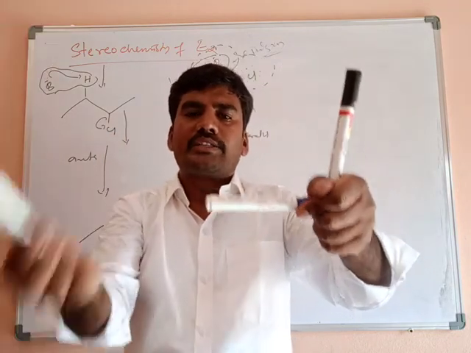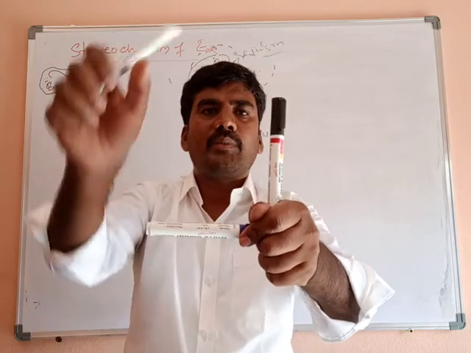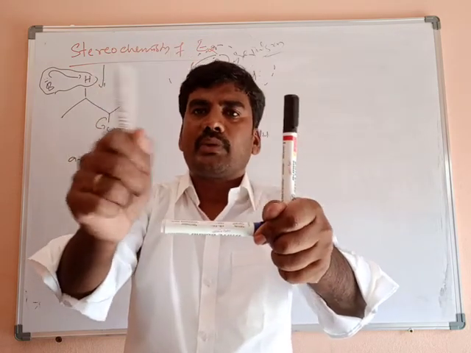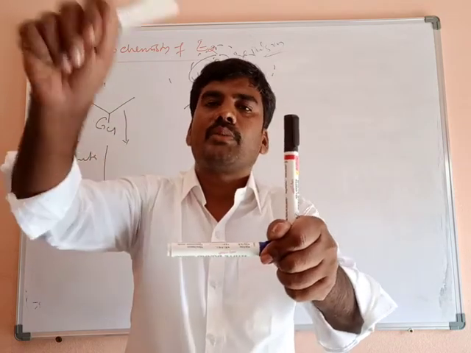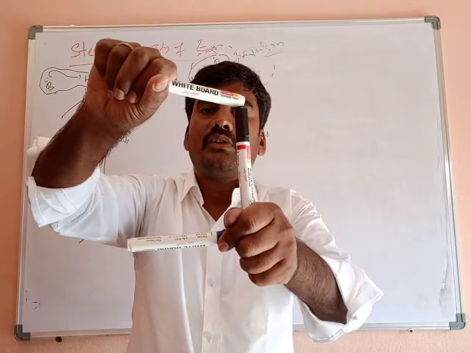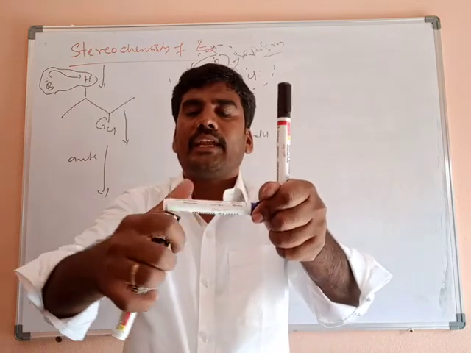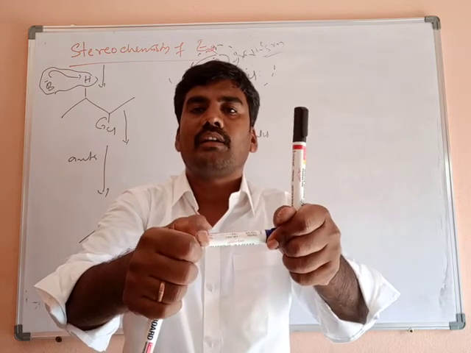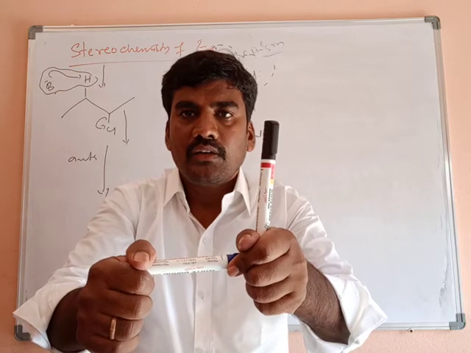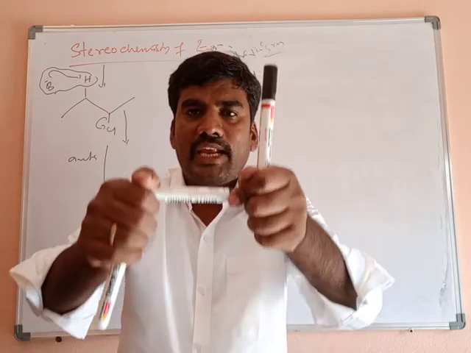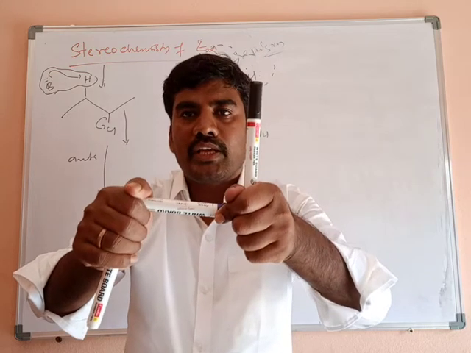When hydrogen and halogen are both on the same side, and the base comes to attack the proton, the electron cloud of the halogen atom and the base repel each other, so the base is unable to approach the proton. Clear? Understand? So anti is favorable to the E2 mechanism. Anti-structures are favorable to the E2 mechanism. Understand?